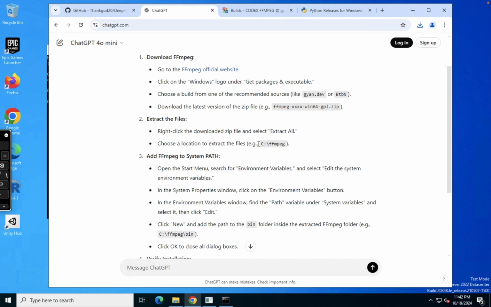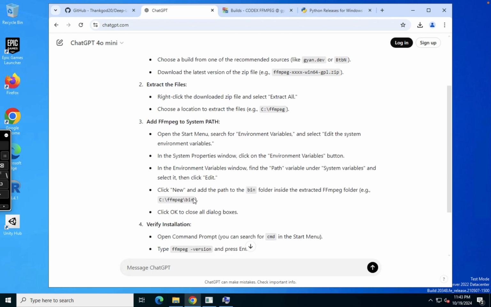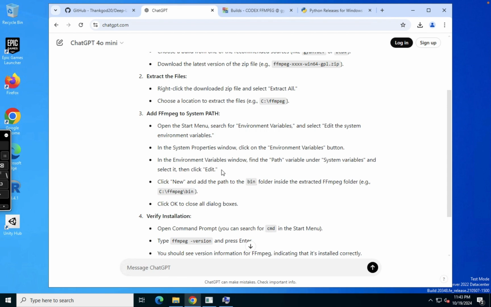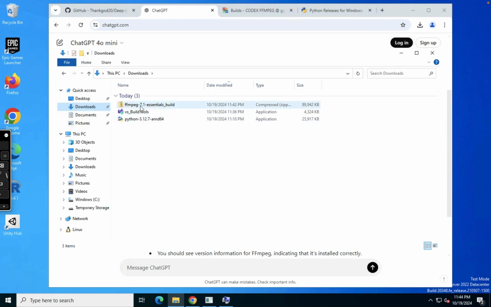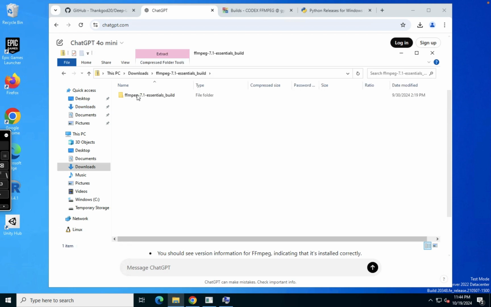Next is to choose a location to extract the file to, which is the C directory, FFmpeg directory. Then you add it to the system path. You search for environment variables and do the step we did for our Python. So we open the zip file, drag it to the C directory,